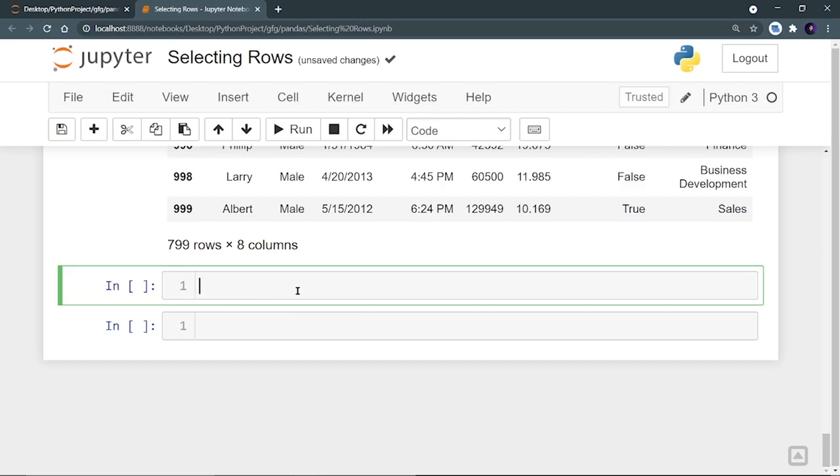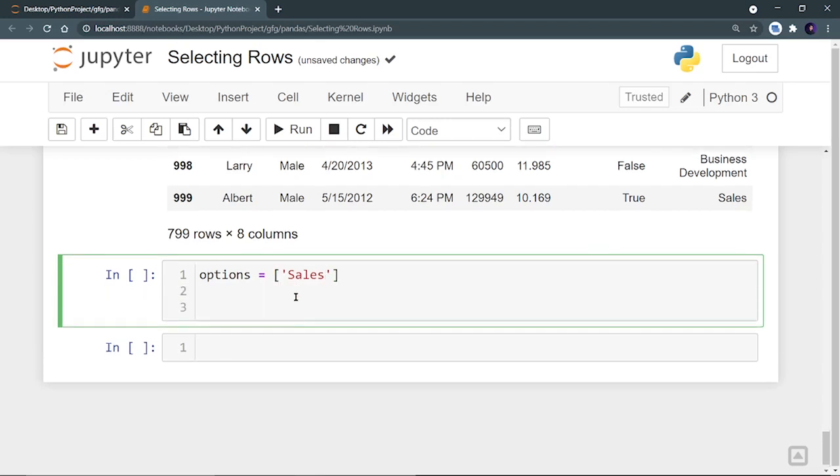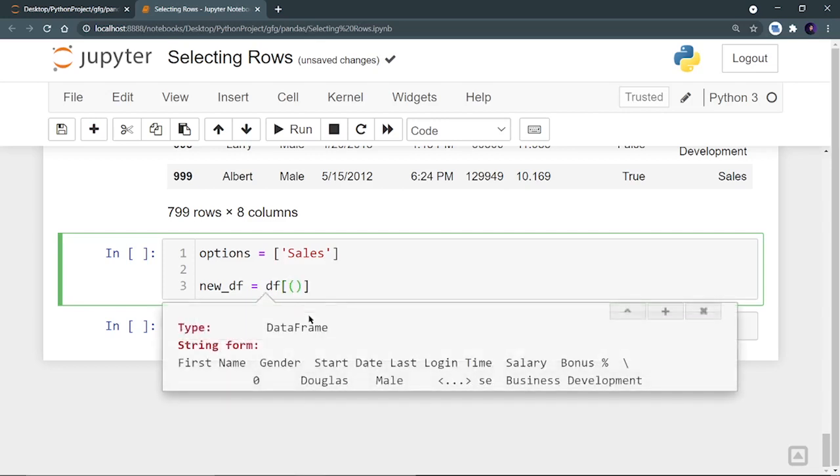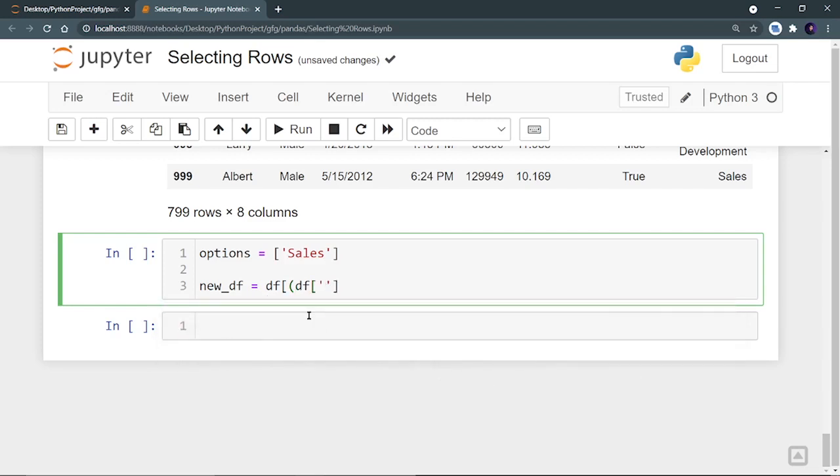First of all, let me redefine the options, because this time the option is sales. Now I can write the statement, new data frame, because we are going to create a new data frame according to the condition. So I will write df at. Now here we have to write two conditions, so we will use these rounded brackets. My first condition is that df at gender is equal to male. I will use the AND operator.